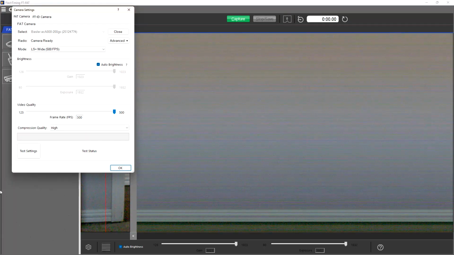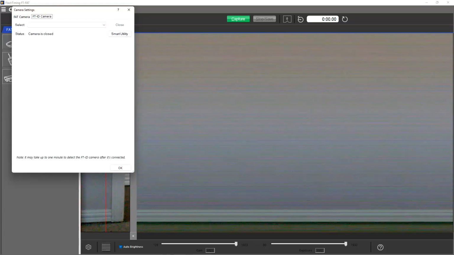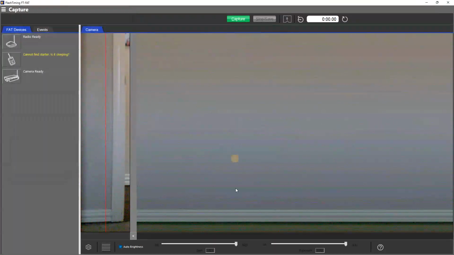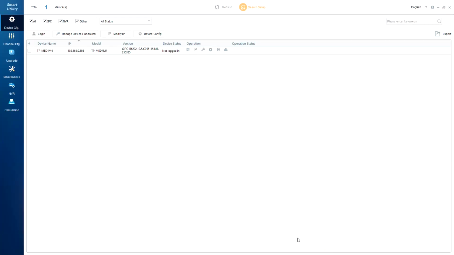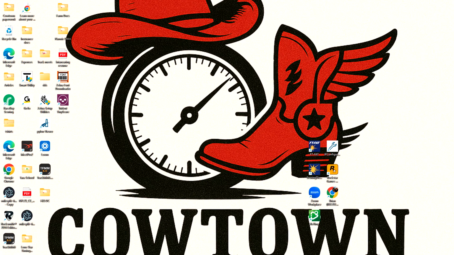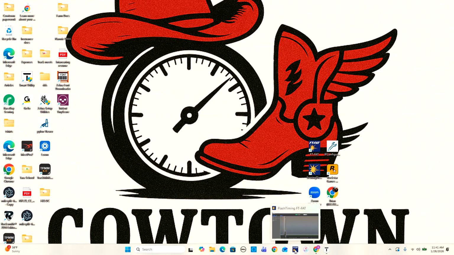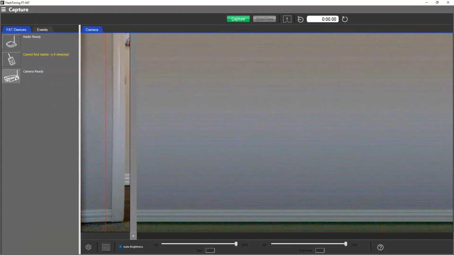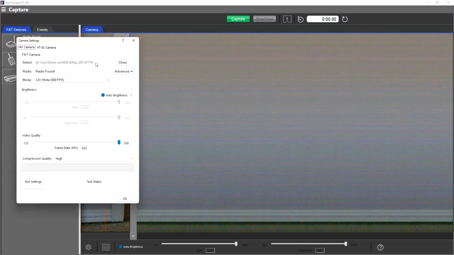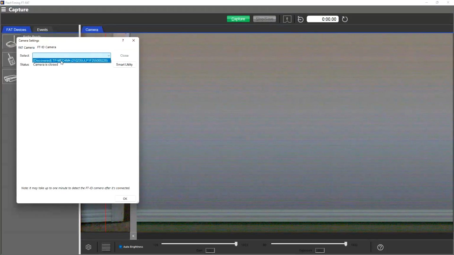So notice that our ID camera is not there. So let's go to ID camera. We've already got Smart Utility running in the background. Let me close out of this real quick and get this opened up. Log in real quick to our camera. All right, we're good to go. So now we should be able to, there's our ID camera right there